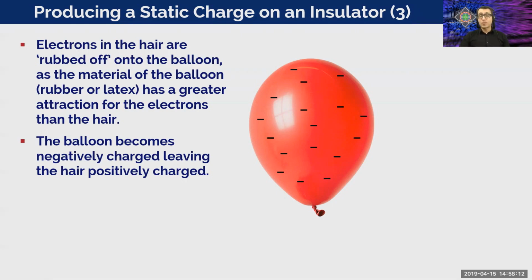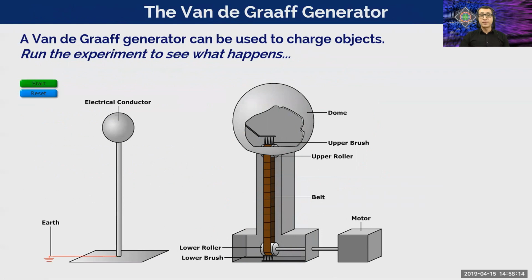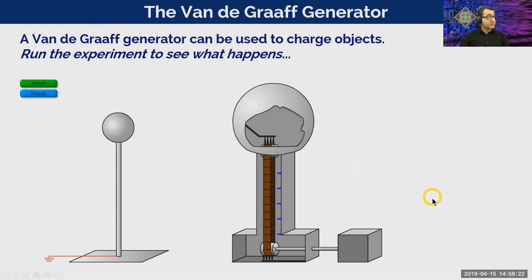Another common thing that you may have seen is the Van de Graaff generator. Van de Graaff generators can be used to charge other objects or to produce sparks, some of which can be quite dramatic. If we run this Van de Graaff generator, what's happening is the metallic brushes, which are connected to the dome, are stripping electrons from the rubber belt and